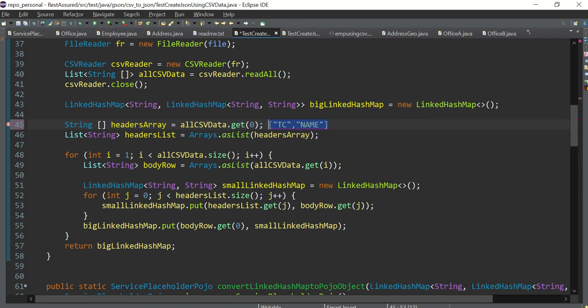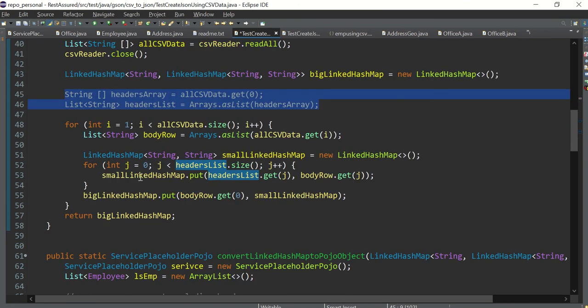Okay, this is the array we are getting here. So this is the header. I have saved it as a header list. You got it? We are reading the header as an array, and we are converting that array into a list. So list of string, and this will be the header list. Okay, this is our header now.